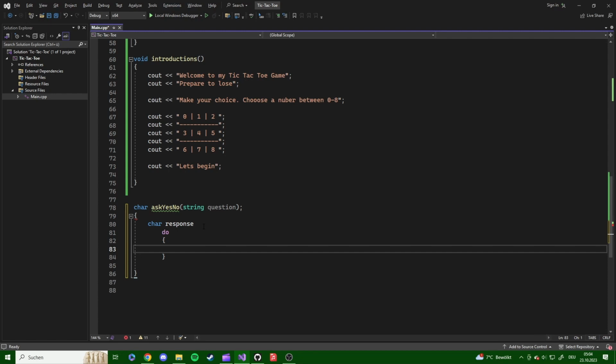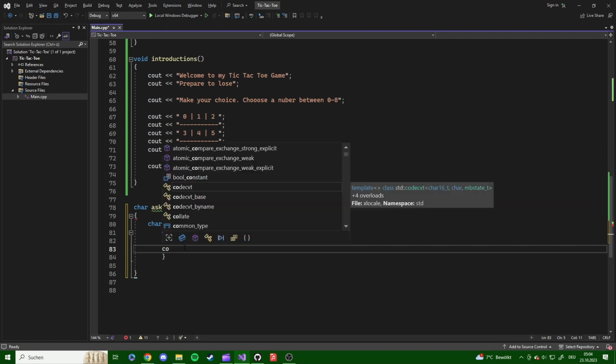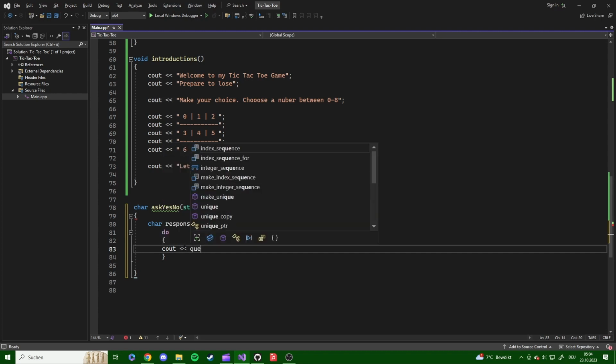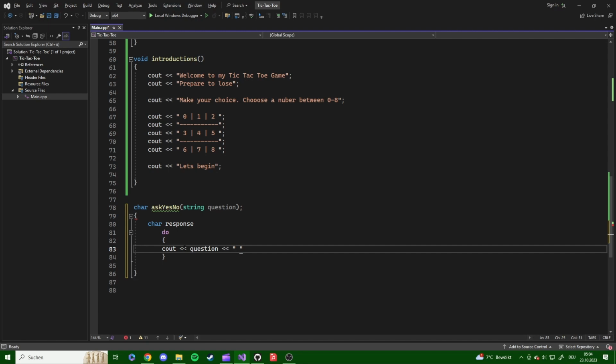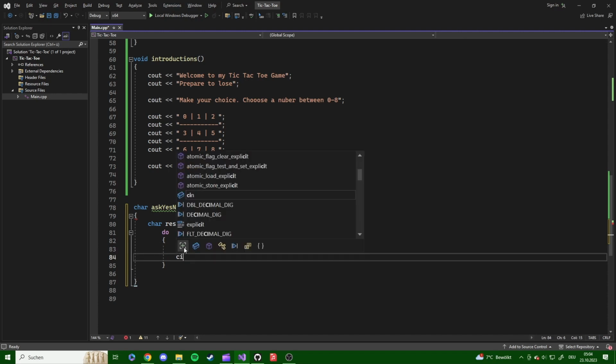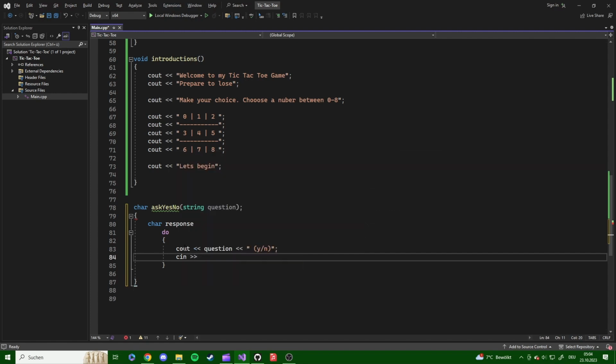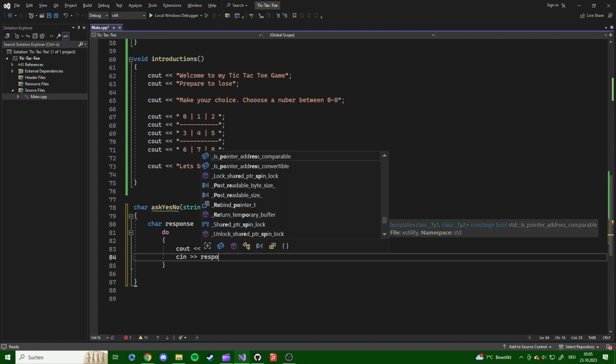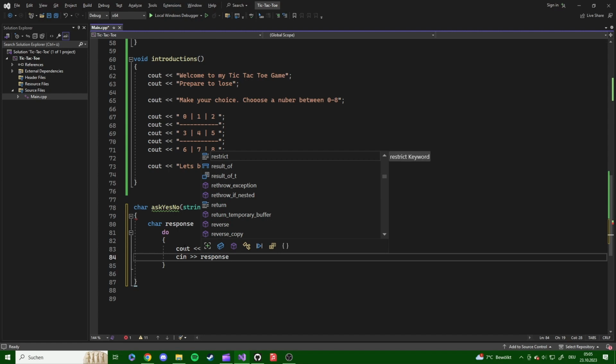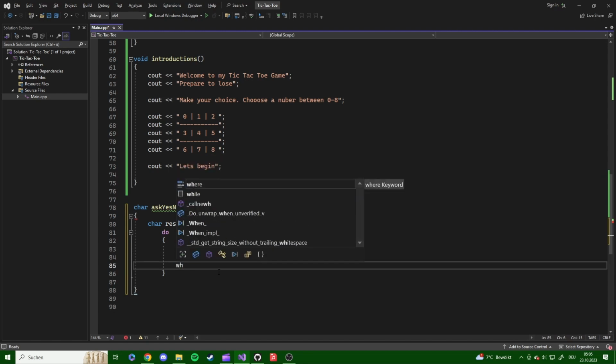First we are creating a character out and then saying question, and then we want to say that we want to have the answer y or n, and with that we can finish that, and we say we want to write something in it, response, and with that this should be fine, and then we finish our